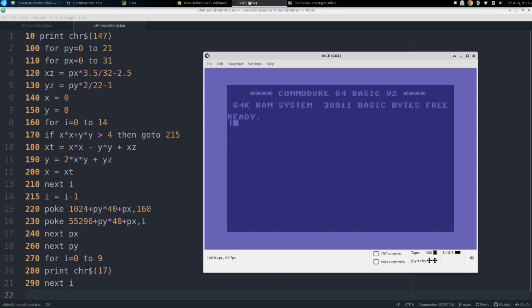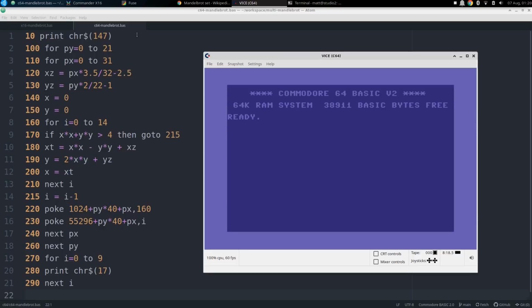If I do Shift HELLO, I get all that character gobbledygook because we're still in the graphic character set. And if I don't hit Shift, I get capital letters. So when we take these lowercase letters and paste them into the emulator, they're going to show up as uppercase. So a few of the changes that we had to make from the Commodore X16 to make it Commodore